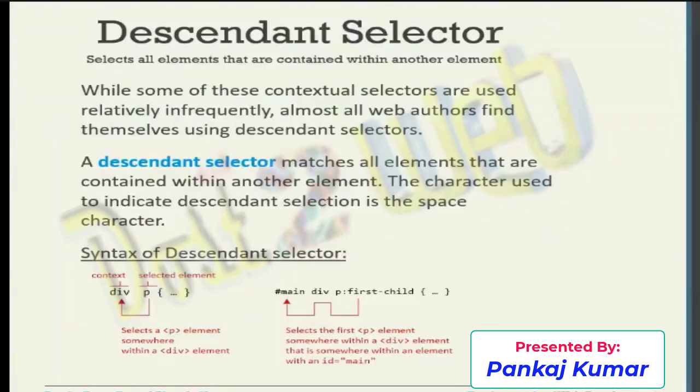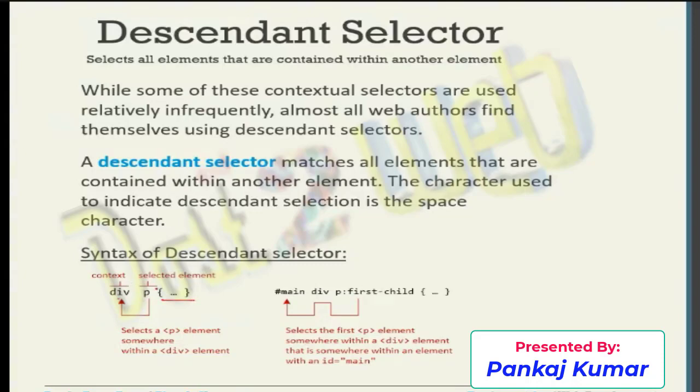So one more is the descendant selector. The descendant selector matches all the elements that are contained within another element, and the character used to indicate the descendant selection is the space character. In the example you can see division, space, paragraph, and next your CSS style.